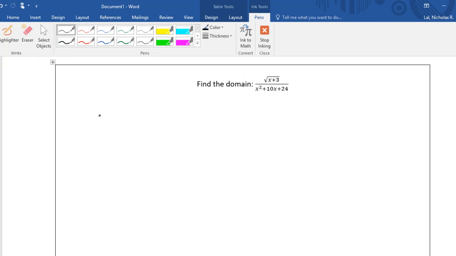Regarding the first problem, what do we have to do? We need to find, what are we supposed to find? The domain. So, what's our first step in finding the domain, at least algebraically? So, algebraically,